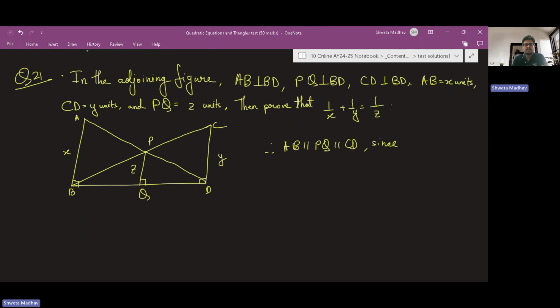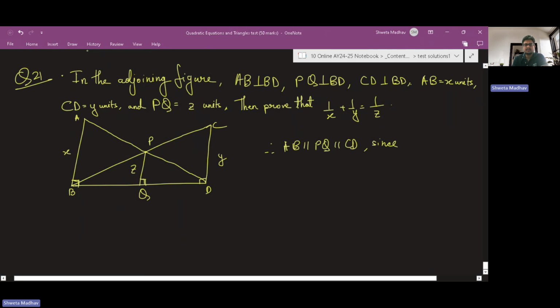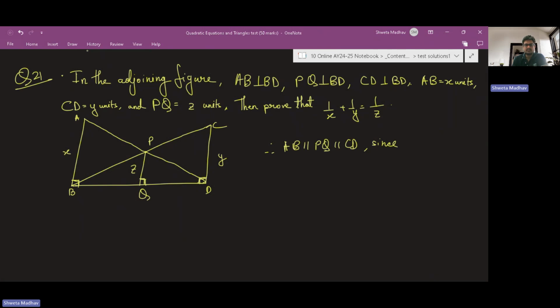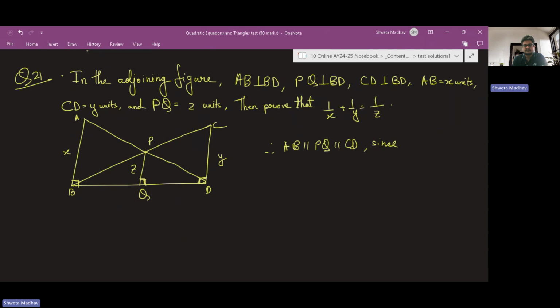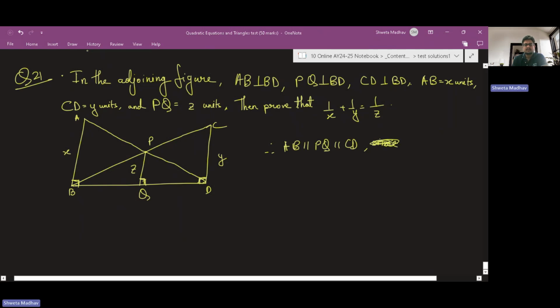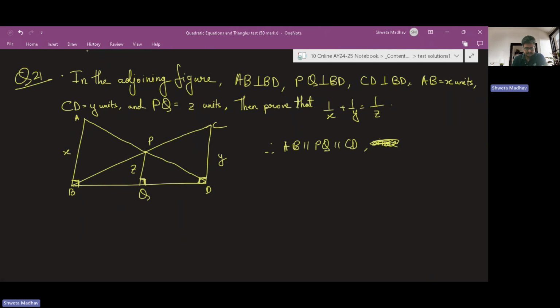Since here we can see that the corresponding angles are equal, and here also the co-interior angles are supplementary, since we add these two, we get 180 degrees. So PQ is also parallel to CD. So now here, if we take the length BQ as A units, QD as B units,